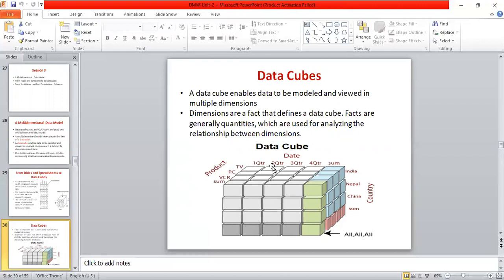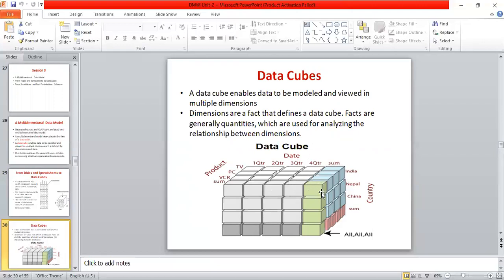And these are the first quarter, second quarter, third quarter, these are the dates, these are the countries, so India, Nepal, China, likewise. If I click on this particular cube, then it is India, right, the product VCR, India, right. And what is the sum?